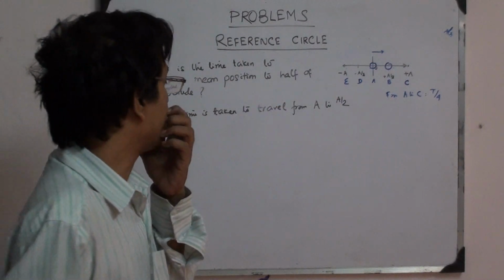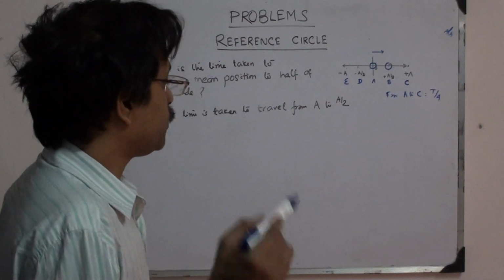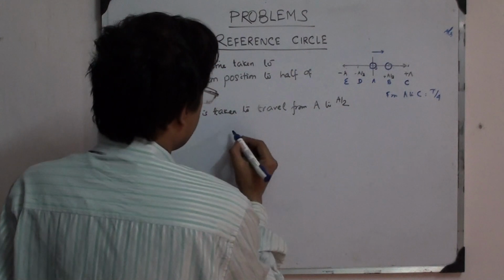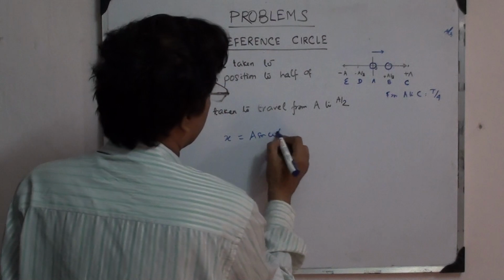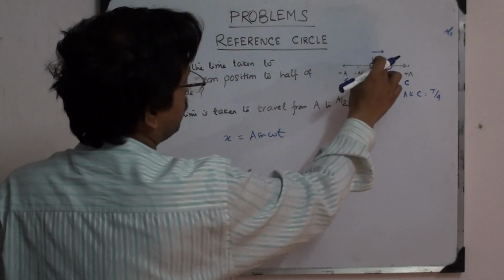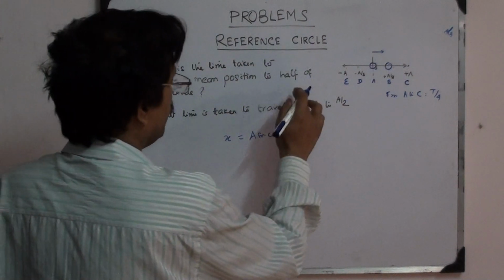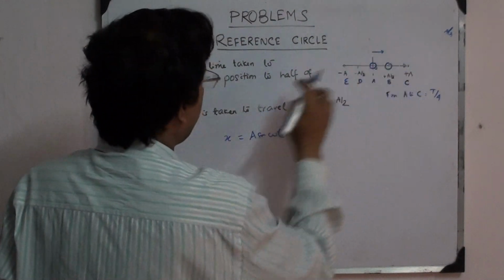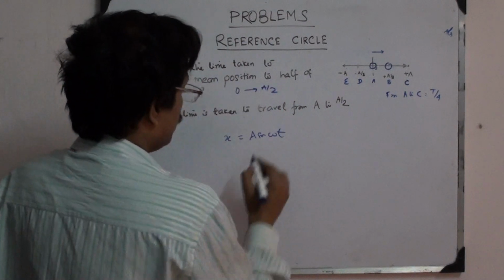But how to calculate that? You can do this by a conventional method. When you start to think that it can be done like this, we know that there is a displacement x which is equal to A sine omega t. I have taken the omega t function because I assume that my reference frame starts here, t is equal to 0, x is equal to 0. So now what do you do? At t is equal to 0, x is 0, I put 0 to A by 2, my question is 0 to A by 2, what is the time? So I put here